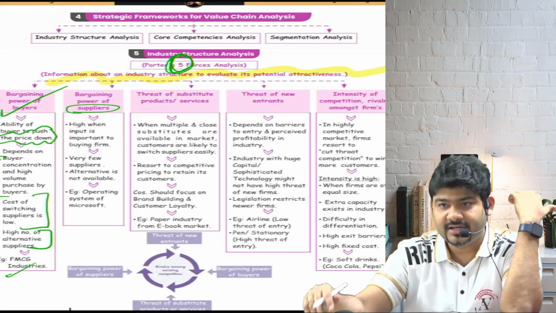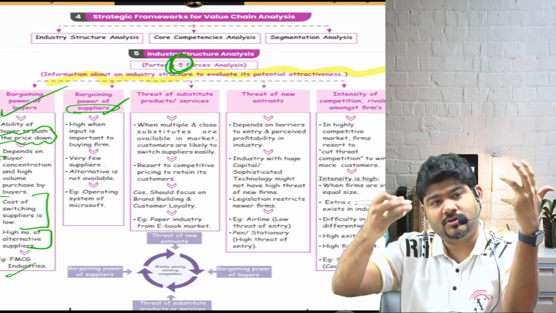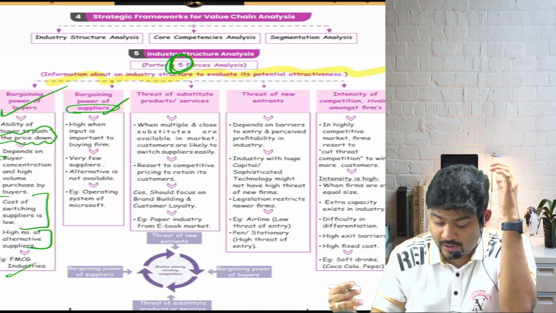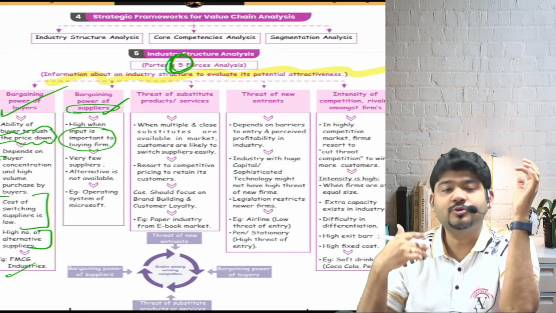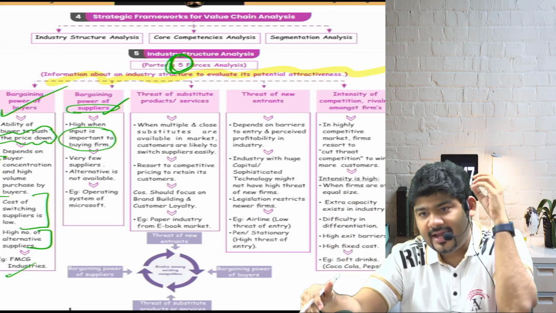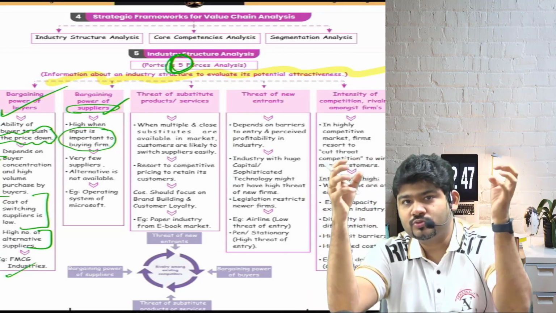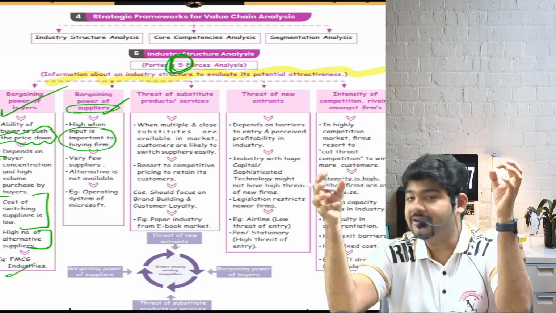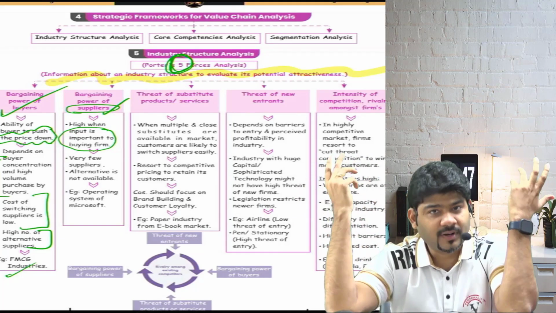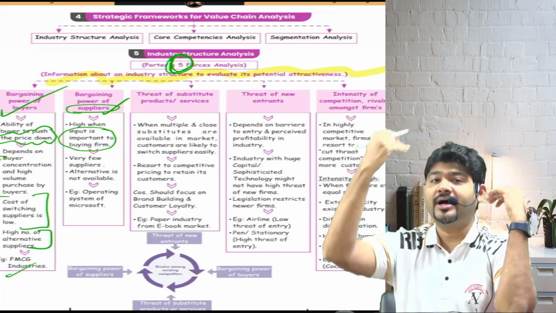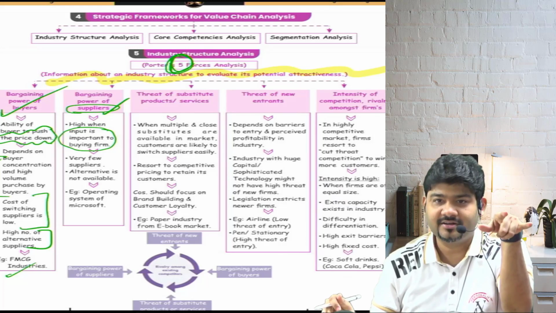Are we understanding, guys? So the bargaining power of the supplier, or of your company that you are getting into, is high when the input is important to the buying firm. Suppose you are the supplier of an input, supplying to the manufacturer, and the manufacturer knows that this input can be provided only by one supplier, and that is me. Then my bargaining power will be higher. In such situations it is an attractive market.